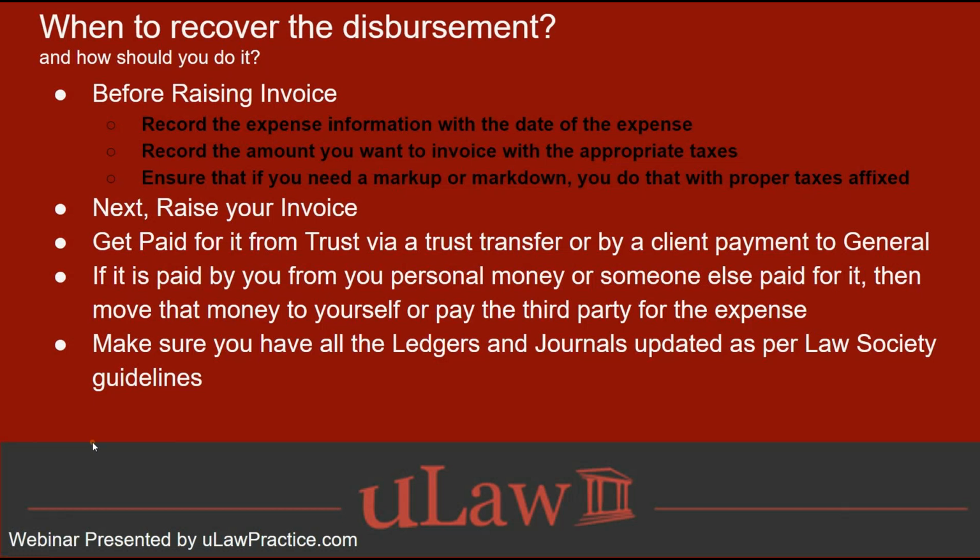Now, keep in mind that each of these data elements and each of these methods that you take determine the actual document that it gets reflected upon. If you paid for this disbursement out of trust, that's a trust disbursement journal. If you paid this out of general, of course, that's the general ledger or journal. It could be ledger and journal. So it really comes down to the type of method that you've chosen to reflect a certain type of document, but all of them being Law Society documents that are required.